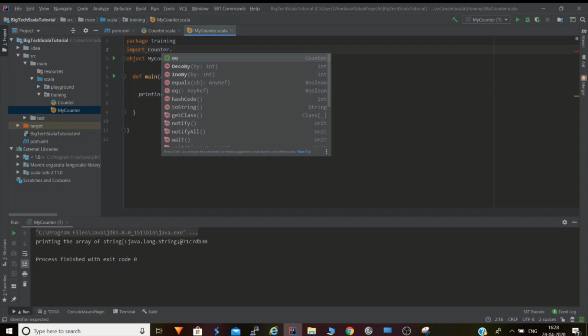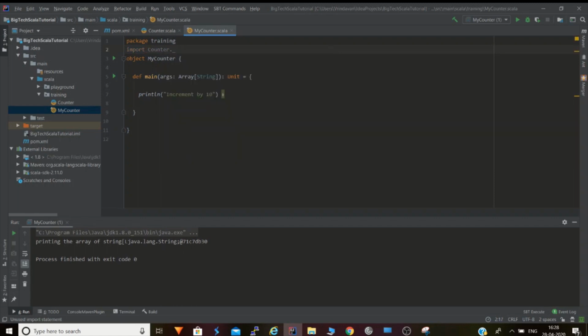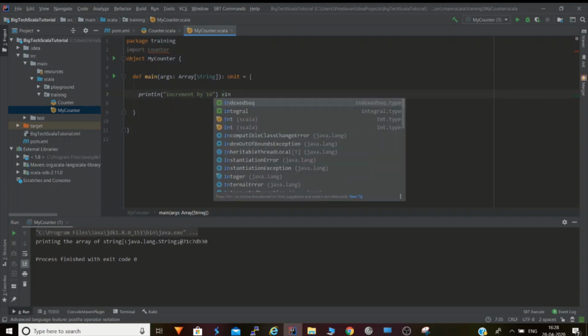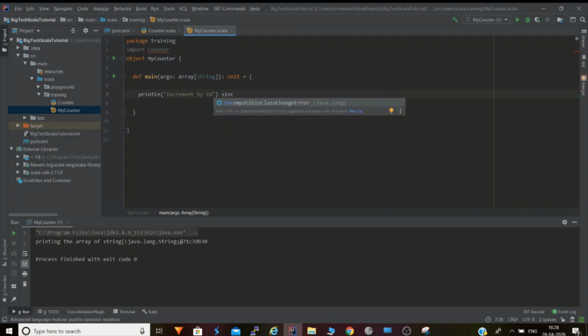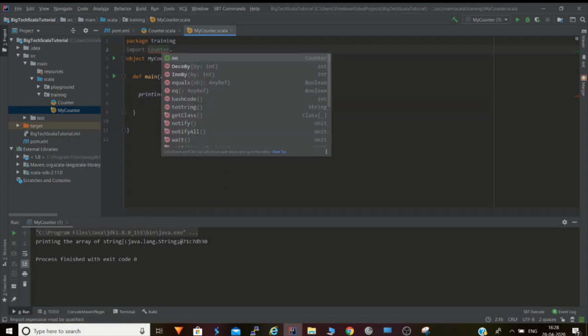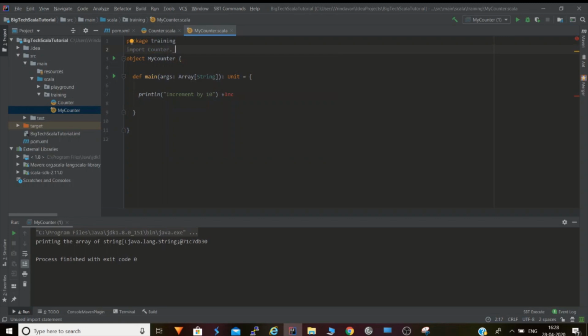So as of now, you understand that whenever we give Counter, it is gray because we have not used it. We are still not getting it, because we have not imported any of its members. So now this is importing all members.